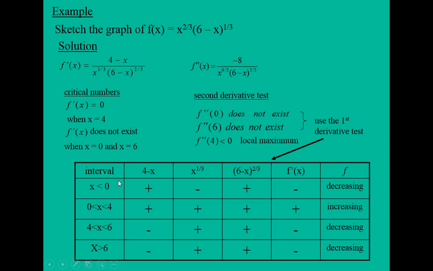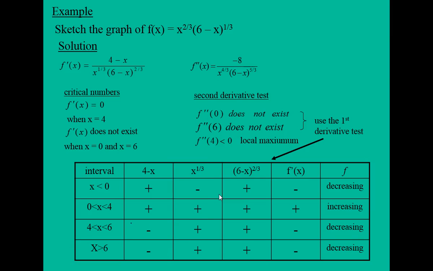Now I've set up the intervals here in this table, and you can see from our critical numbers, I've set up our intervals, which would be from negative infinity to 0, 0 to 4, and then from 4 to 6, and then when x is greater than 6, so from 6 to infinity. And then we're plugging in values for each one of those factors